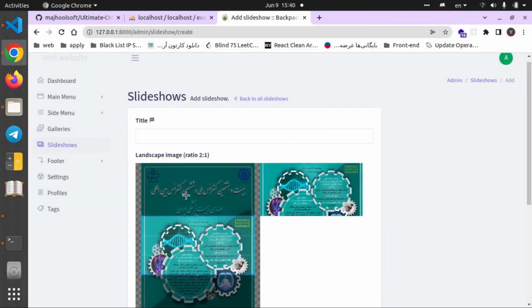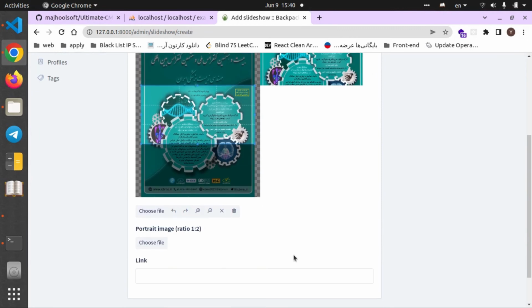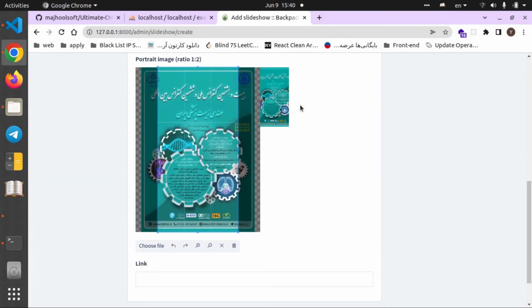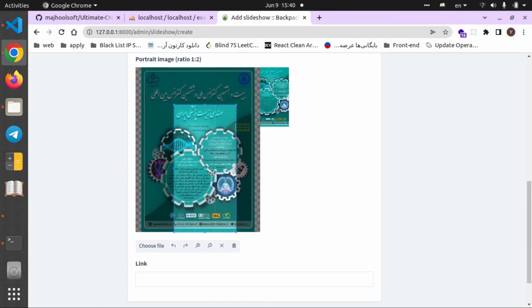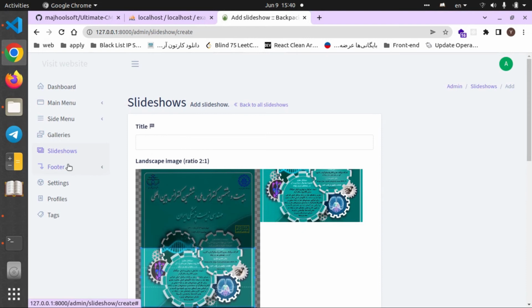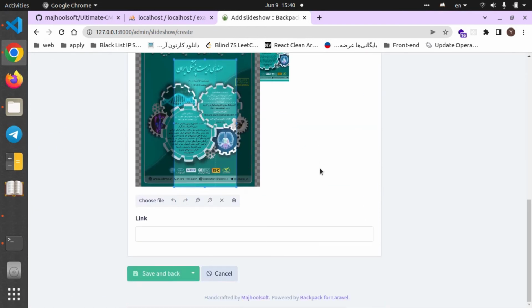Now let's add images for the slideshow. As you can see, we have to define two ratios for our image, because the portrait one can be used for the mobile view and the horizontal one for the desktops. In the footer,